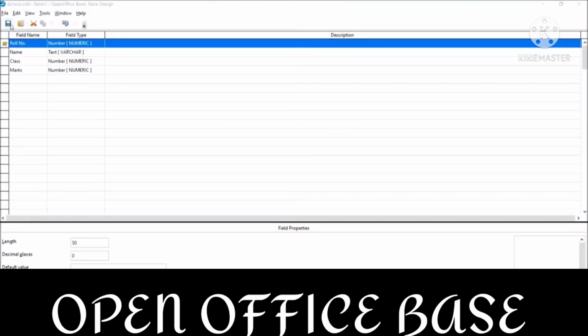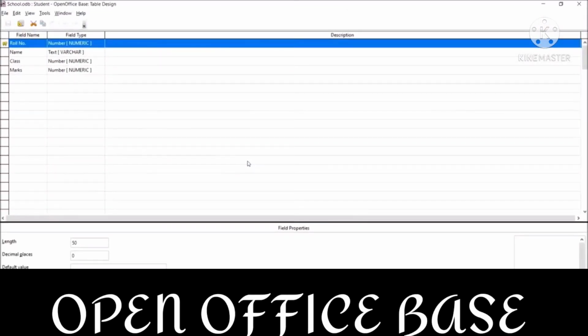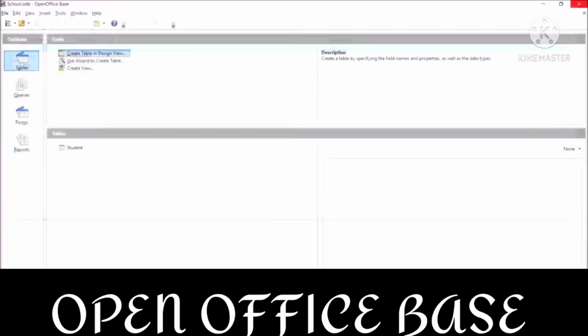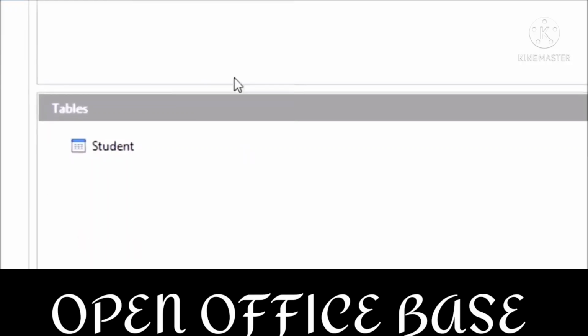We have to save our table with some name. Click on the save button. A Save As dialog box will appear. Give some name to your table, just as student. After saving your table, close your table editing view and go to your database view where all tables are shown. Okay, now see your table in the database and try to enter the records and tuples in this table. Click on this student table twice and the editing for the data entry will be